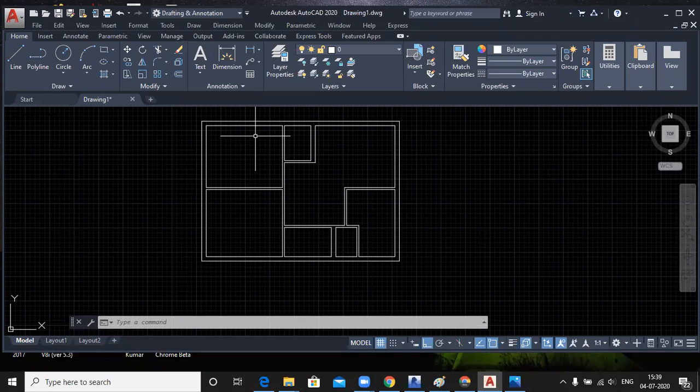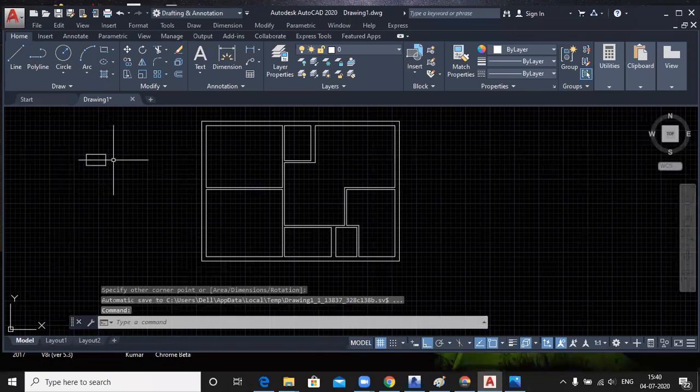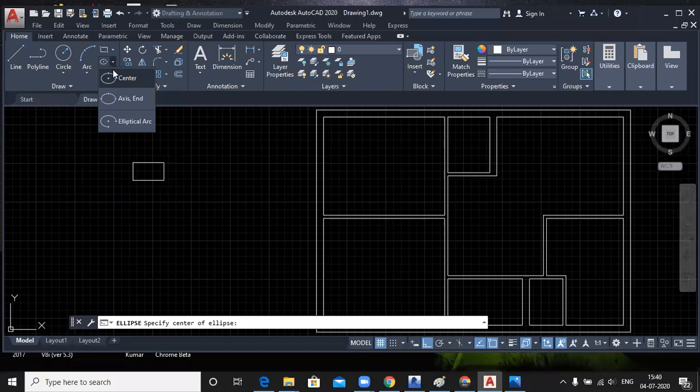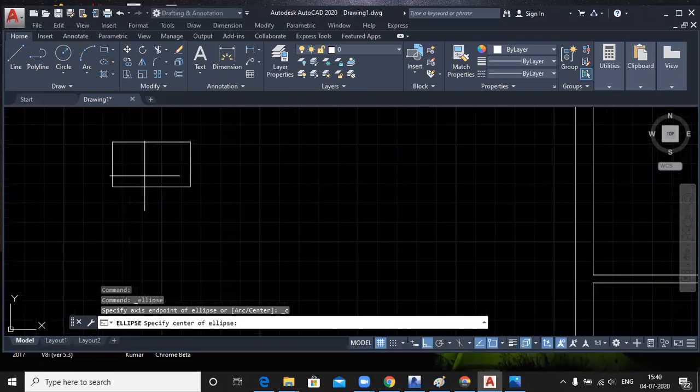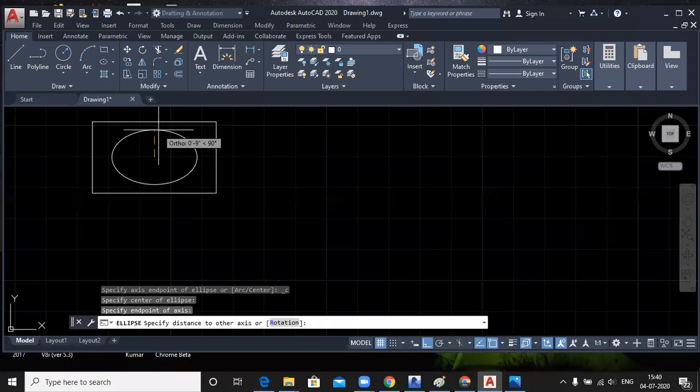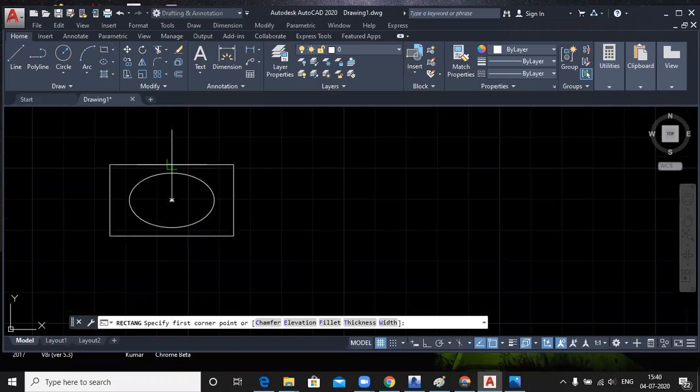Yes, sir. Sir, if we want to make a sink in a toilet room, how can we make this? You have to make your sink with the dimensions. I am just drawing it roughly, right? You just use this ellipse. So we have to draw a sink, sir. Here, there are no images here. It's just a query for your Akash.